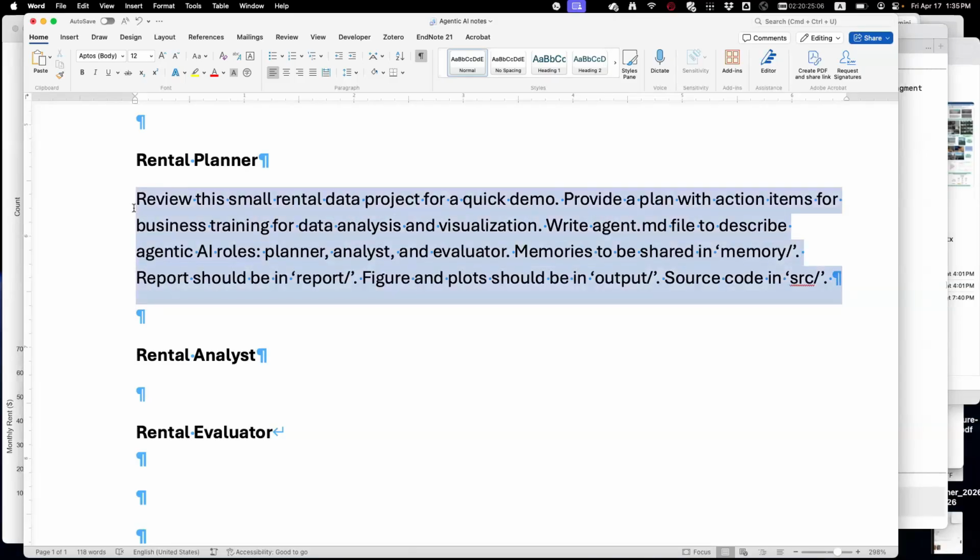Would you recommend bypass permissions so it can go and create the folders and everything and copy the data? You can do that. Would you recommend that for security issues? I'm sorry, say it again. When we ask it to create the folders, it will bypass all permissions, right? It depends on your setup. Default is not.